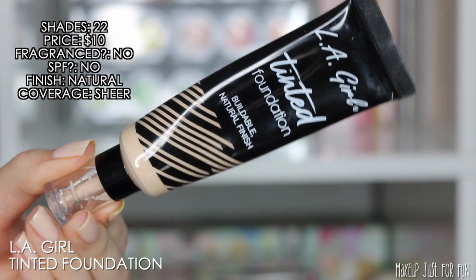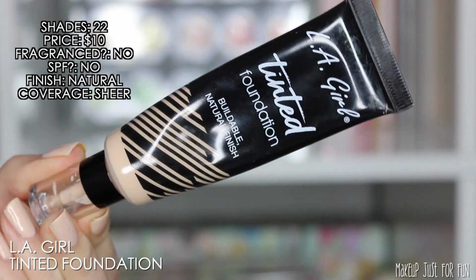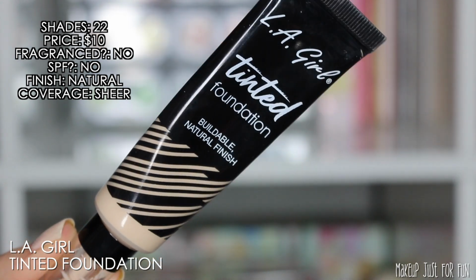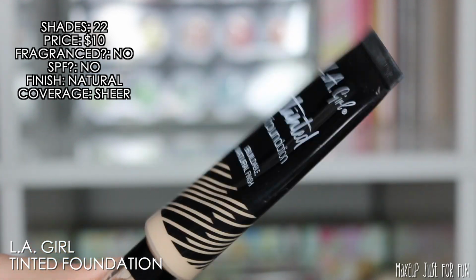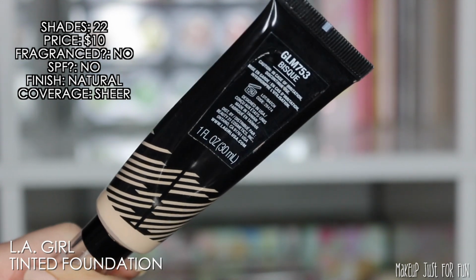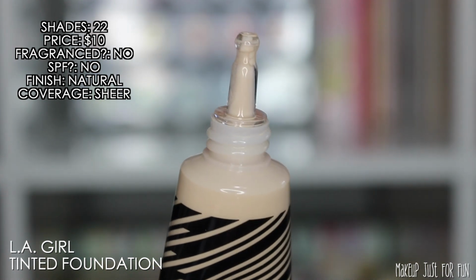I didn't want this video to just be me holding up 10 different products and saying, I like this, it looks good on my skin. I like this, it's light coverage. I like this, it's medium coverage, whatever. I really want to give you some deep info about these products because my hope is that you'll be able to make a well-informed choice based on this info if you are in the market for a new skin base